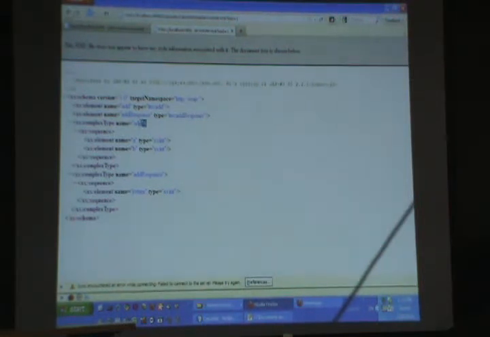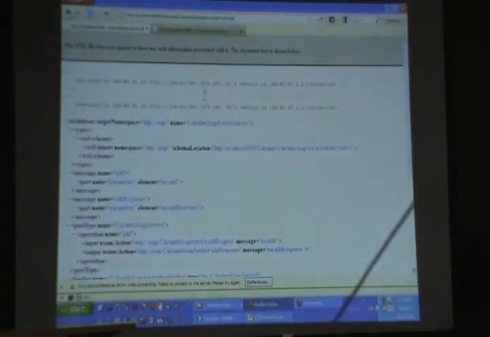So you go down, add is a complex type because it's not a simple value, right? It has two values in it, so it's an object kind of thing. So it says it's a sequence, means one after the other. So A, its type XSD integer, so it's an integer type. Similarly, add response also contains another element inside it, that is return. Here it named it as user. If we modify it, right, we can modify this file and I can upload there, so it will change. So it is also a type of entity. So this is how a WSDL looks like.